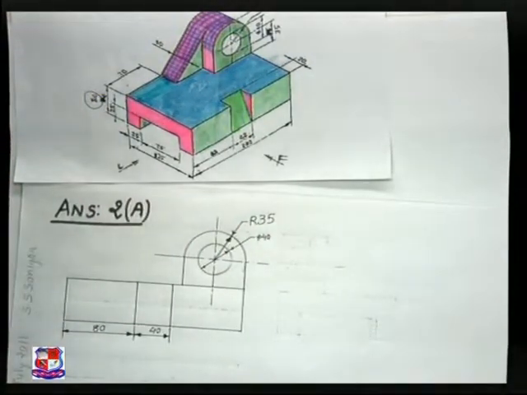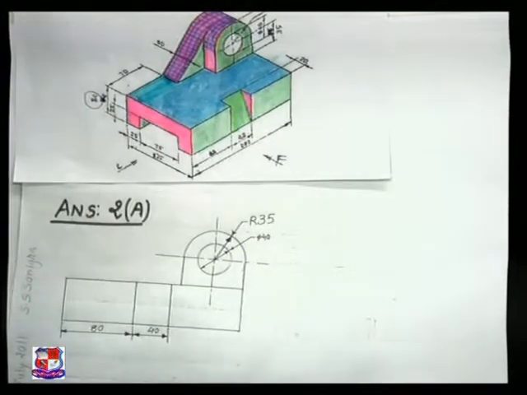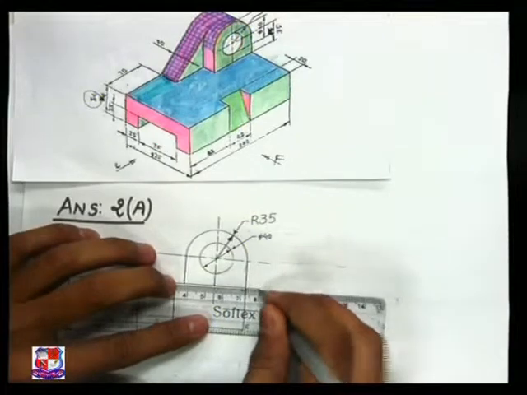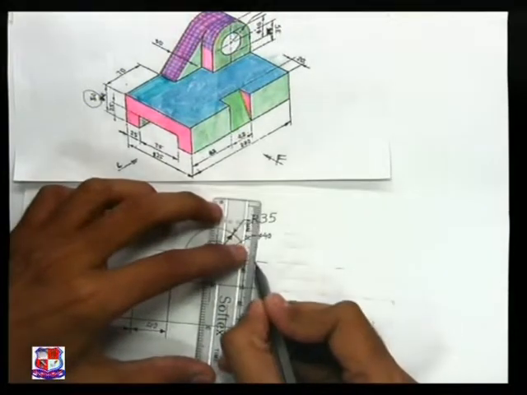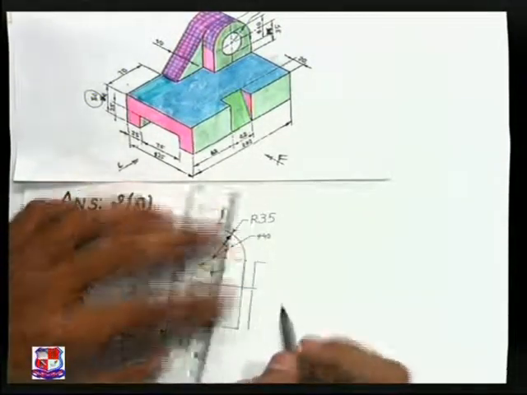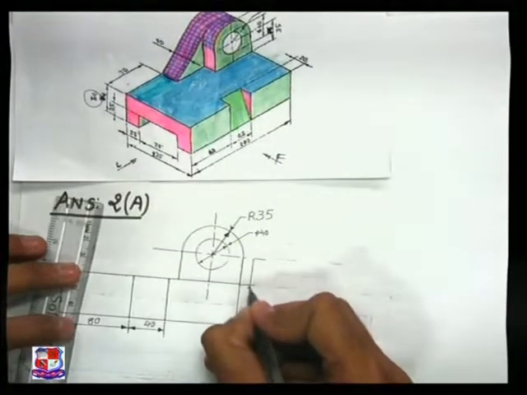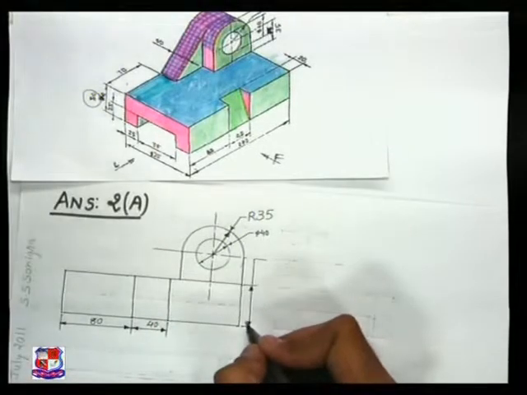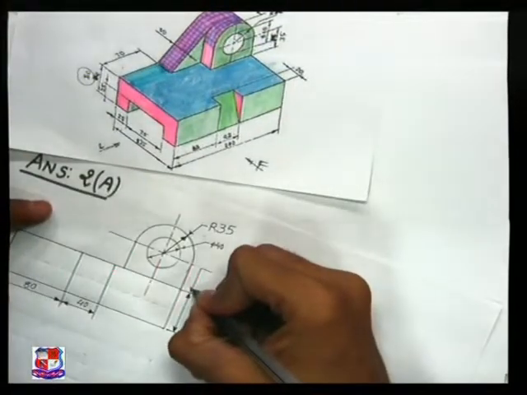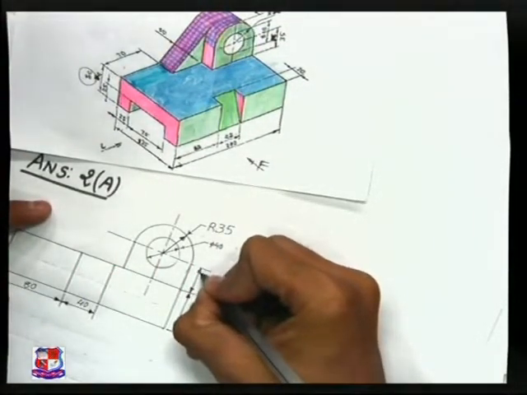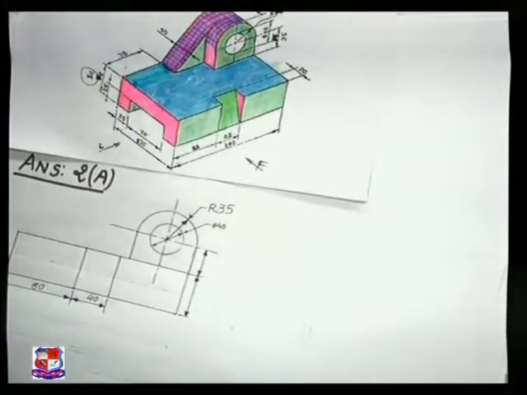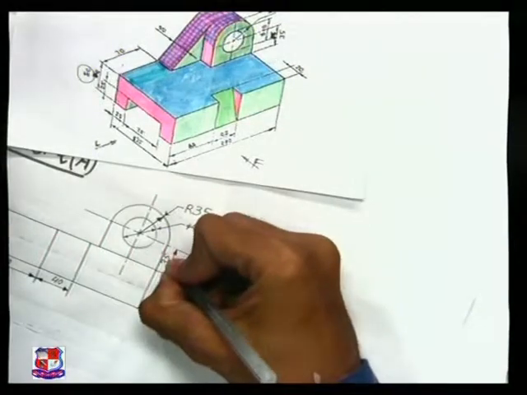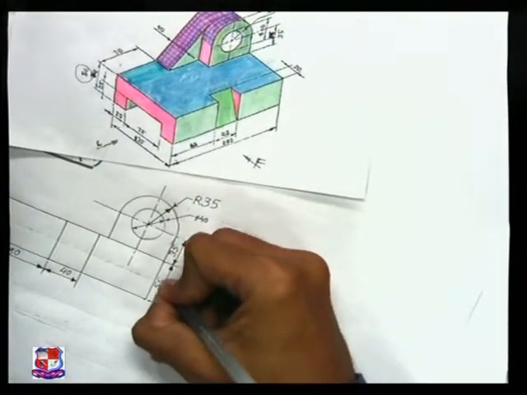It should be inserted like this, and this height is also given to us. So that dimension can be inserted over here like this. This height is 35 and this height is 50 mm. So we can write like this. And here the method of dimensioning is not suggested to us. So we can use any method of dimensioning. Here I have employed the aligned system of dimensioning to insert the dimension. This parameter is 35, this height, and this height is 50 millimeter.